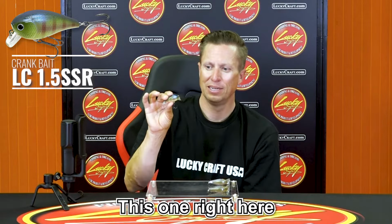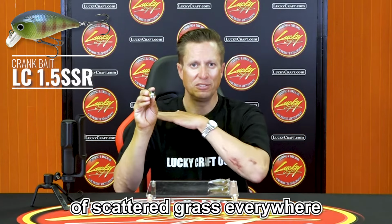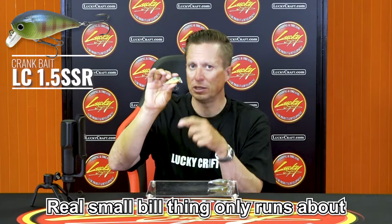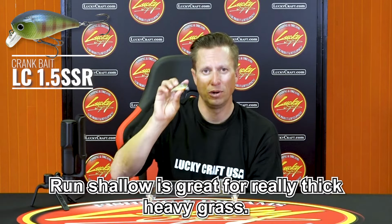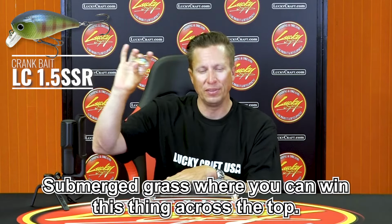This one right here, I like the fact that it has a small little bill. I can wind that thing right in the middle of scattered grass everywhere. It has that rattle in there, but I like that real shallow running, real small bill. Thing only runs about a foot to maybe 2 feet at the most. Run shallow. This is great for really thick, heavy grass, submerged grass, where you can wind this thing across the